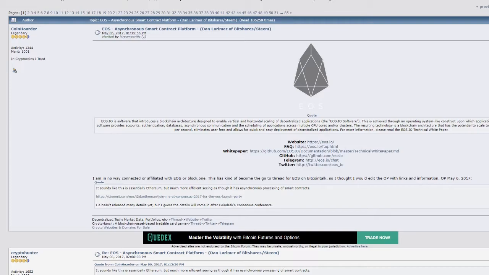So that's pretty cool, and EOS definitely promises a lot. Like that is crazy. Millions of transactions and no fees, and quick and easy deployment of dApps. That's insane. If that was the case, EOS most likely would be the top cryptocurrency. Although it is an operating system-like construct, so it might be some sort of VMware or virtual machine. I'm not too sure yet, so we're going to find out as we go through.